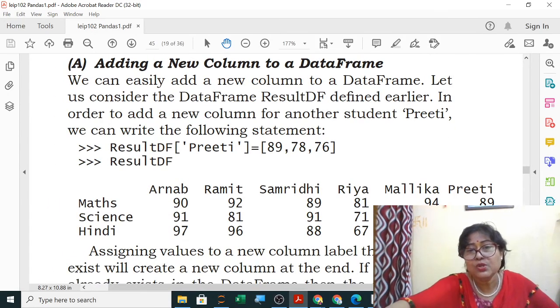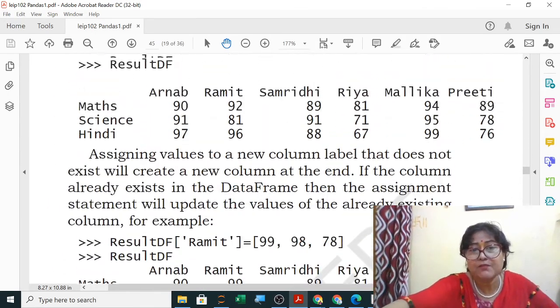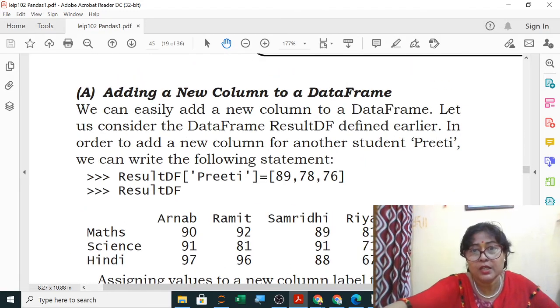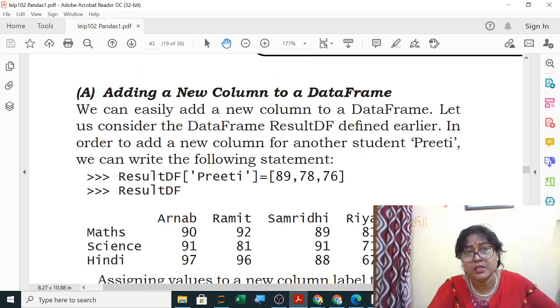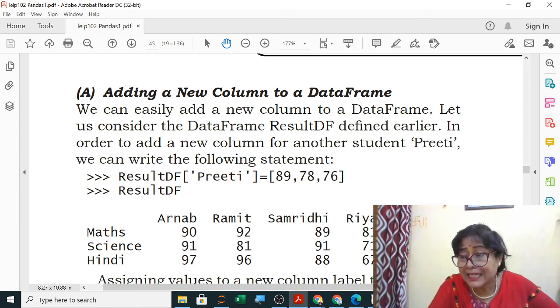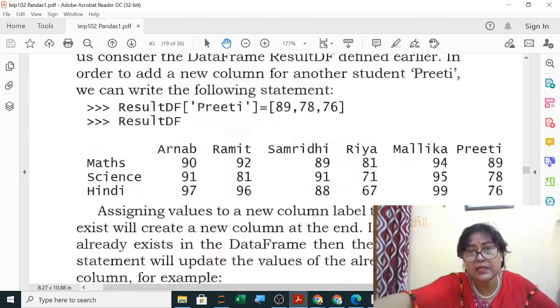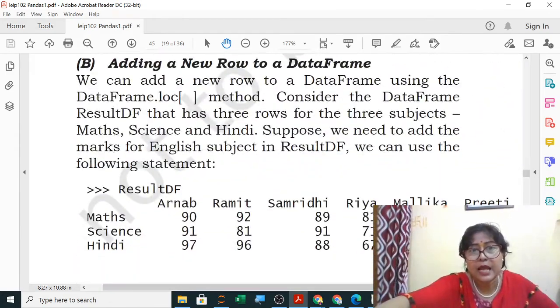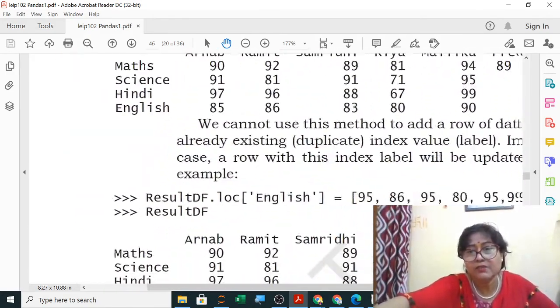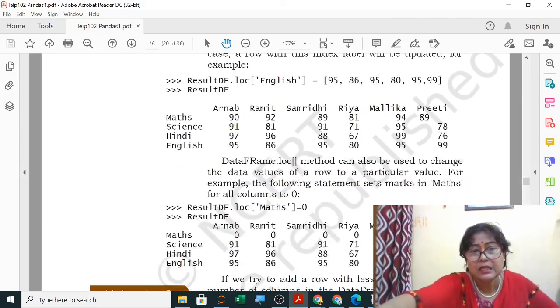So you will use all the functions of a data frame, maximum function, minimum function to display the maximum value, minimum value, count, mean function for average, median, mode, and then the sum. So here you will see adding a new column, then adding a new row. So all these we will do in our next class.